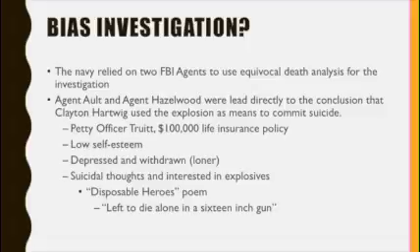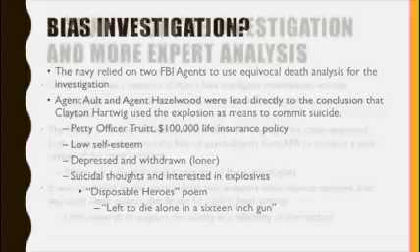They concluded that Clayton Hartwig was behind the explosion as a means for his own suicide attempt. They found through their investigation that Hartwig was depressed, he had low self-esteem, was withdrawn, he was described as a loner by his peers, and had prior suicidal thoughts. They found a poem that he wrote that discussed suicide. They also determined that he could have been upset because of Truett's rejection. The agents did not look into other evidence. They did not use other techniques of investigation, and this is partially due to the immense pressure from the Navy.